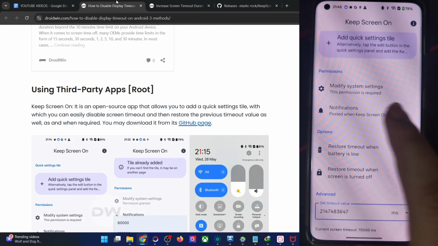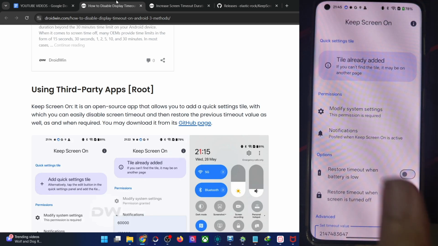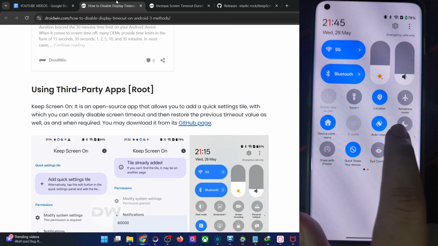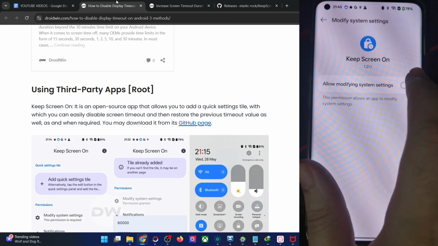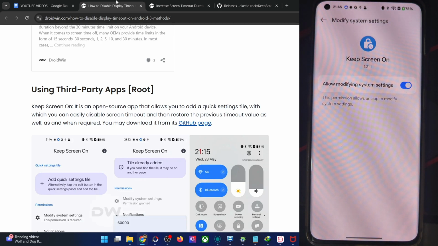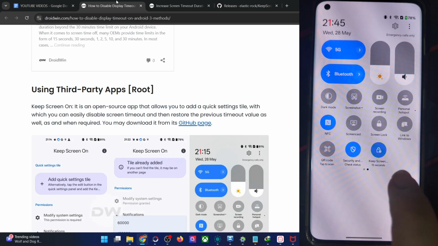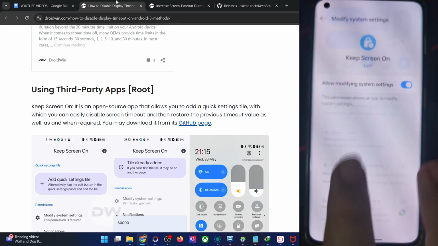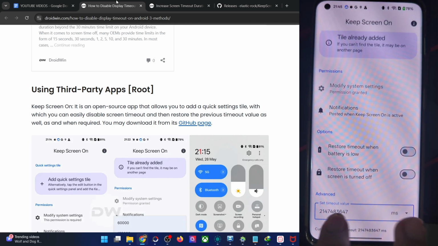And likewise you may also tap on add QS tile, add tile, and the tile is now added. Scroll down and let me see, this is the tile Keep Screen On. Tap on it once and enable the toggle for the permission. Now once again tap on the tile once, it's for 10 seconds, 15 seconds on, and now you could see when it's on, the screen will now go off after this many milliseconds,